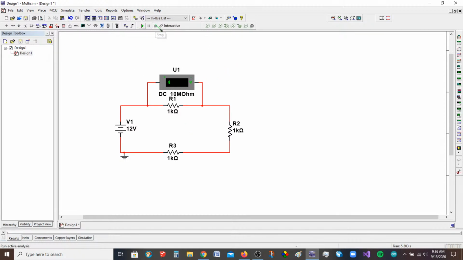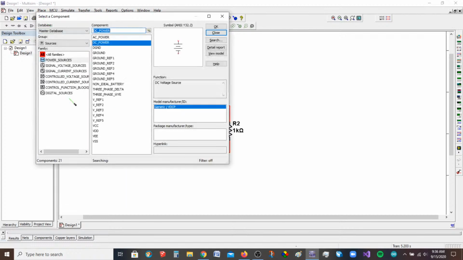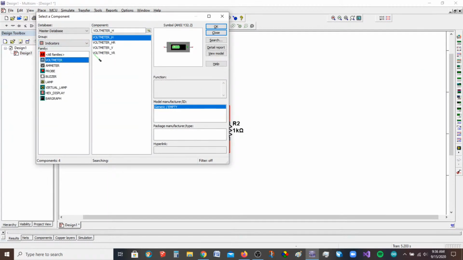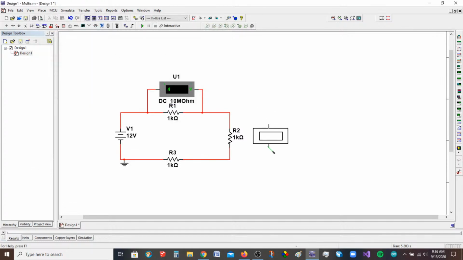Okay? So if I wanted to use another indicator, and maybe the voltmeter vertical, right? So that's going to make an easier measurement over here on the right-hand side, because of the orientation of this resistor. So now I can click. So again, these are all going to be 4 volts. I'm just showing you that you can use other